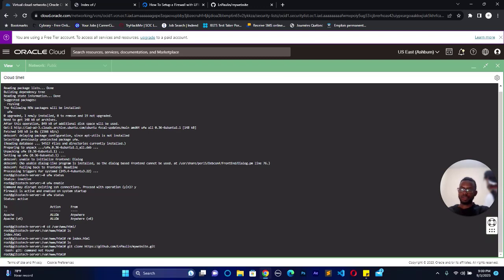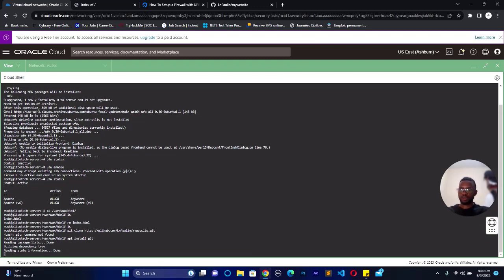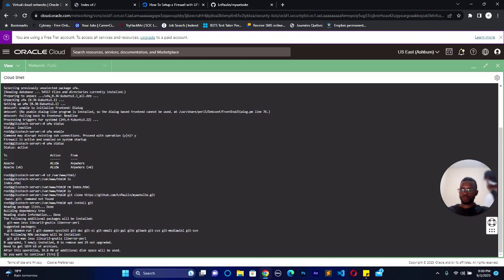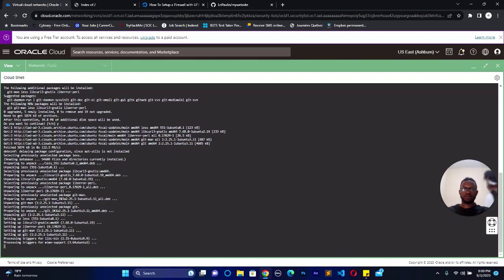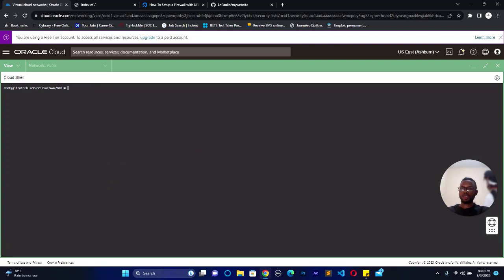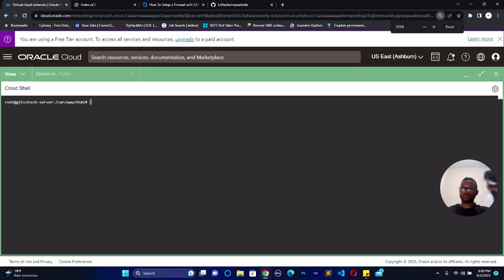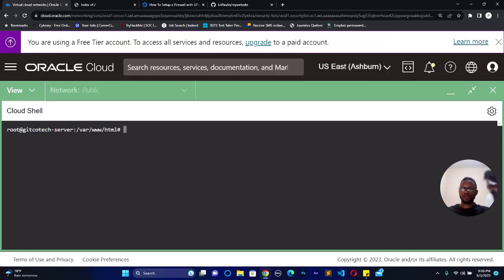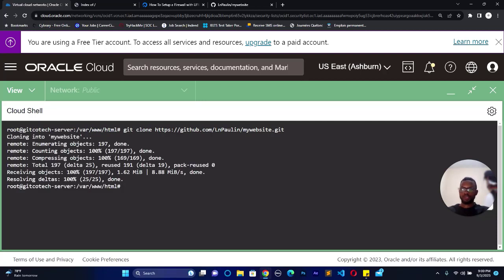So it looks like git is not installed, so I'm going to do apt install git. Yes. All right, so once git is installed, I'm going to run the previous command to collect that from our GitHub repository. So that has been collected. If I do ls, we have